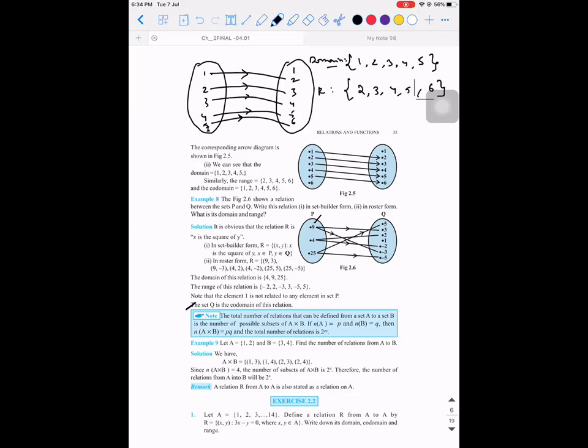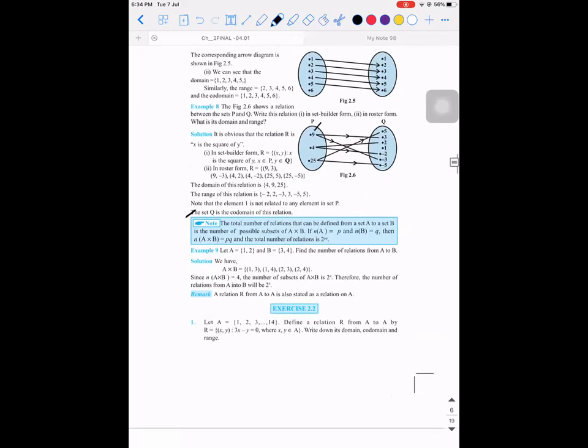See, if anyone is not able to understand, please let me know. Okay? Don't hesitate. If you have a doubt, you should get it clarified. If anyone is not clear, want me to explain, I'm ready to do it. But you have to ask. Okay. So shall I proceed to exercise 2.2?